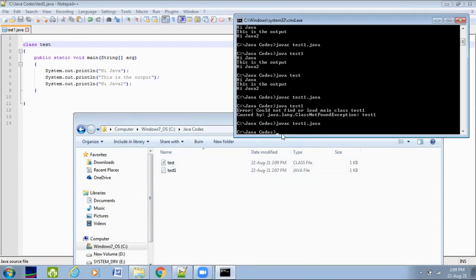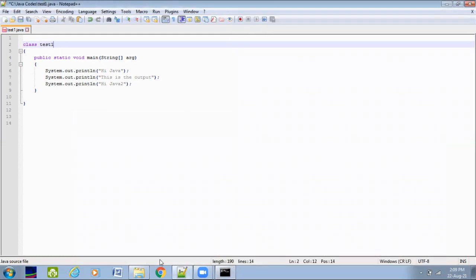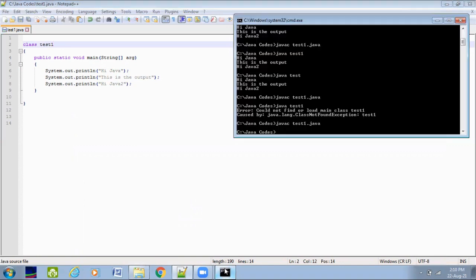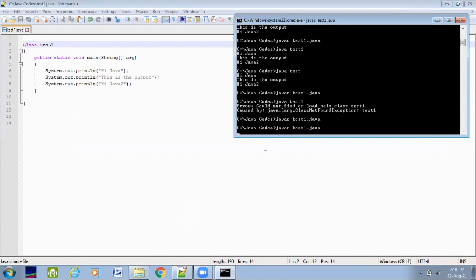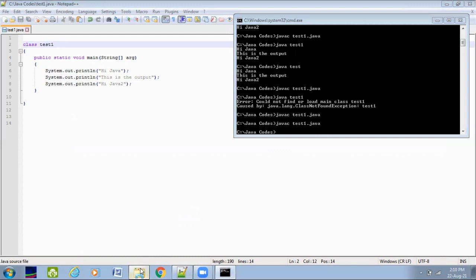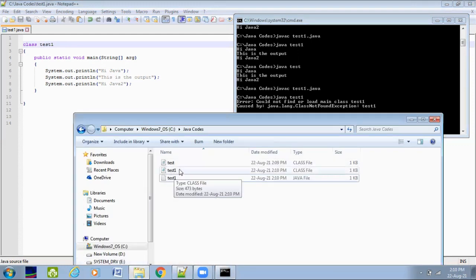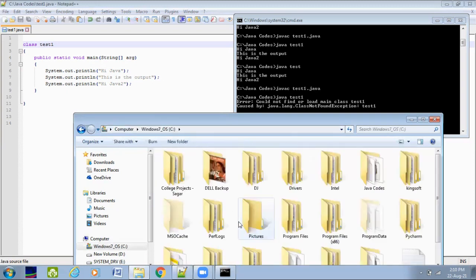So to overcome this situation or confusion, what we generally do is take the class name as the file name for simplicity. So what we did was test1. Okay, we saved it. Now we'll run it. You might have been confused at that point where both files gave the same output, because this class file was already present. Suppose I move this class file somewhere else. Let me just keep it on the C drive. Okay, I have moved the file.